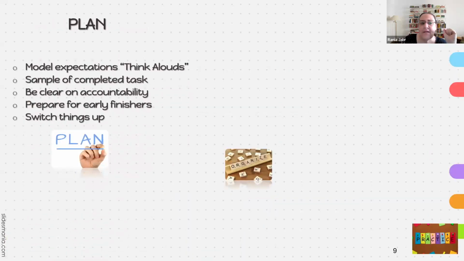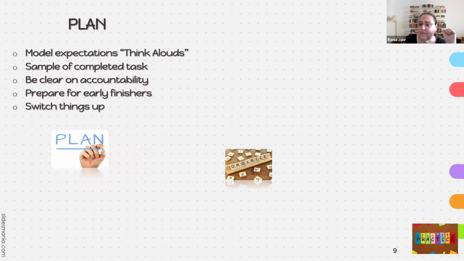So the three steps are planning, organizing, and practicing. Planning, I also model to them in the planning stage of the task, using think alouds, what they're supposed to do. So if they're supposed to write a thesis and an outline of their essay, for example, I go through it in a think aloud model. And I tell them, I need to do this, I need to do that, you need to have this, you need to have that. And this is a correct thesis, this is an incorrect outline.